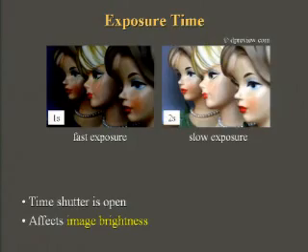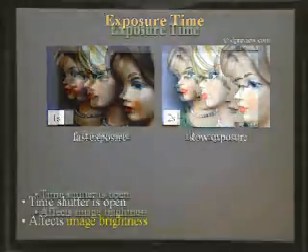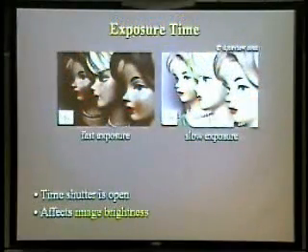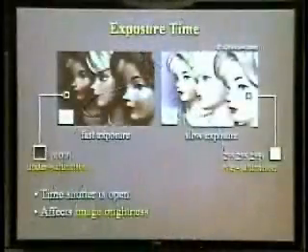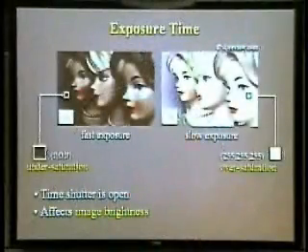The simplest camera control is exposure time, and we know this manipulates the amount of time the shutter is held open, so slower exposure times allow the sensor to record more light and lead to brighter images. Real cameras measure brightness with limited precision, so we have to be careful when recording pixels, making sure not to record pixels with extreme values, because with these we lose basically all information.